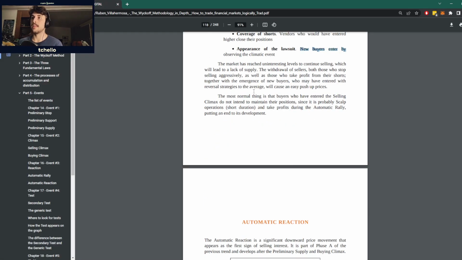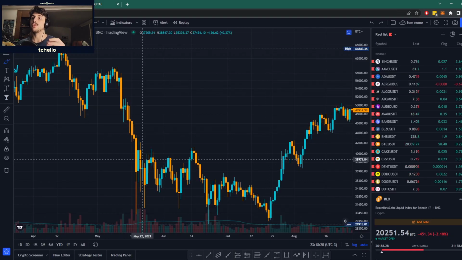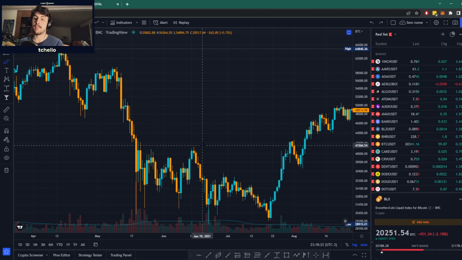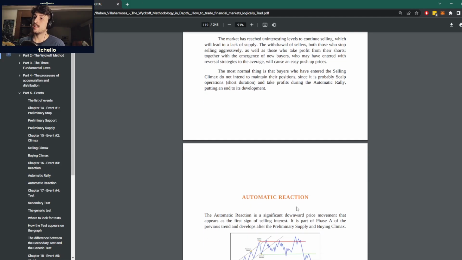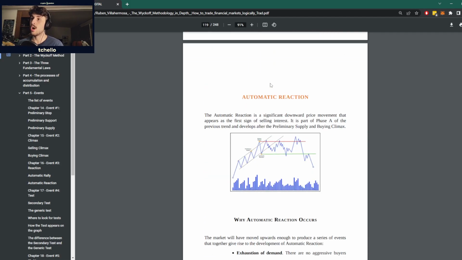Okay. And the most normal thing, as I said, is that they do not intend maintaining it to the long term unless they are really, really naive investors, right? But they try to trade during that time. And once you see things changing a little bit, maybe you could even watch the long short ratio charts and volume distribution charts. But that goes a little bit in the Wyckoff 2.0 course that we'll have exclusively in the Crypto Garden. Now, in the context of a distribution, we have the automatic reaction.